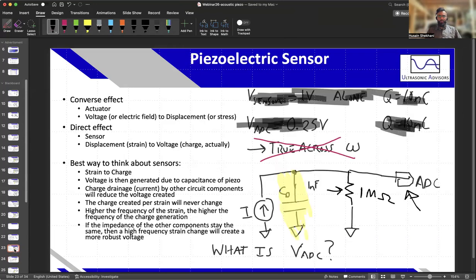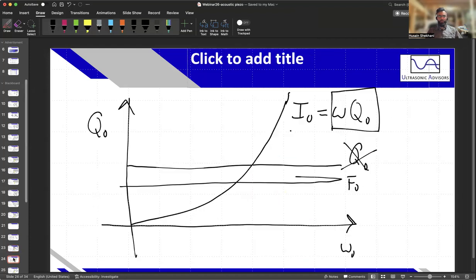So what do we say here? Because the charge generation rate is still the same, Q, but now we can't say that this Q is exactly the same, because this is going into both. So that same charge or current is now going into two components instead of one. Therefore,